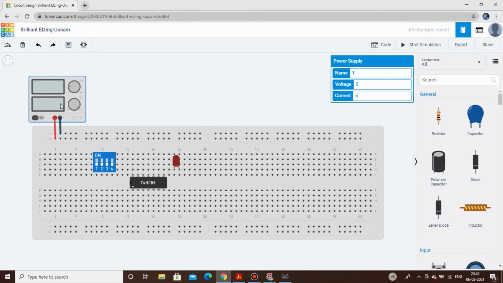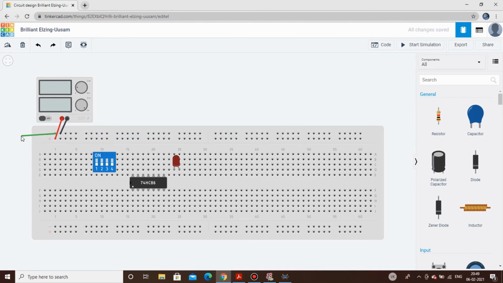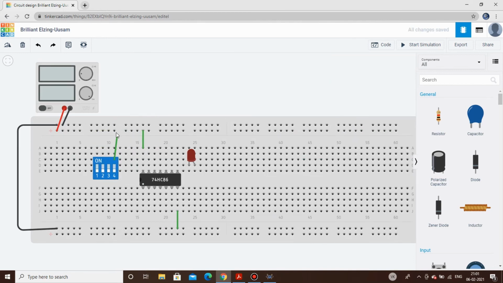Supply this particular ground line to here also. We will be needing it to ground the IC, and for the LED also connect this ground pin over here, change the color, and the power pin to plus VCC. So connect all these pins to plus VCC